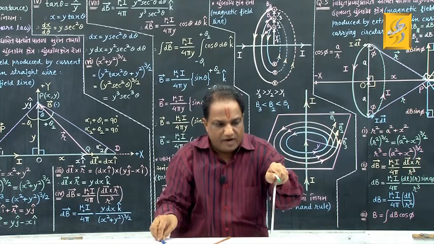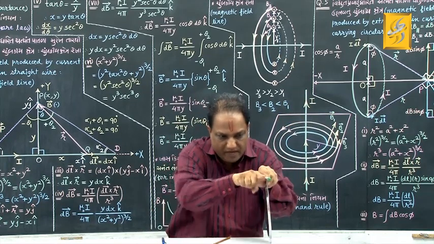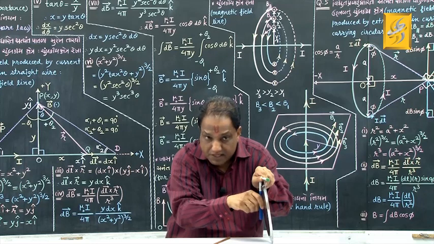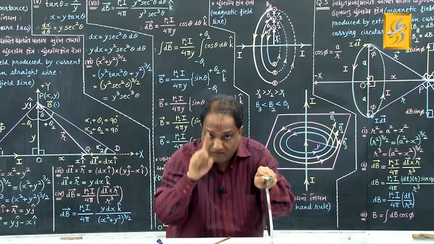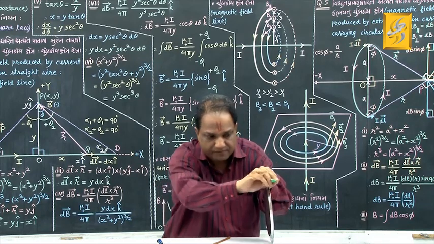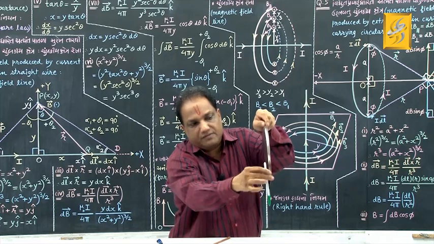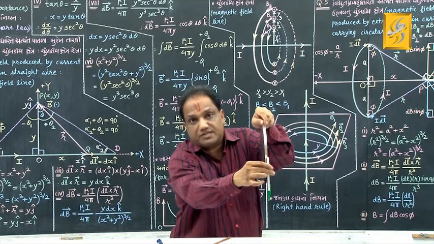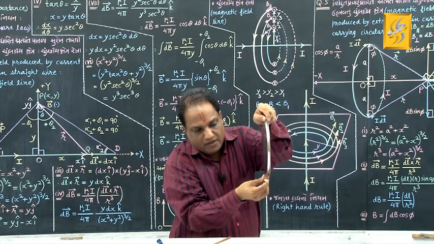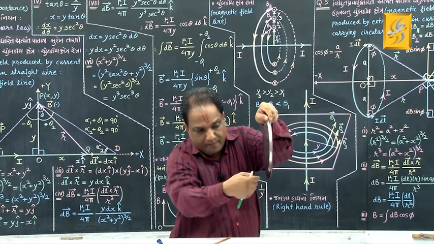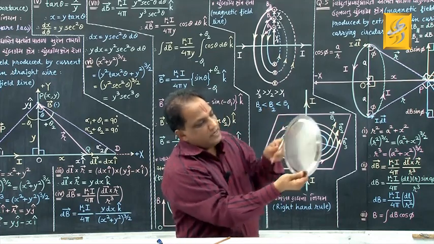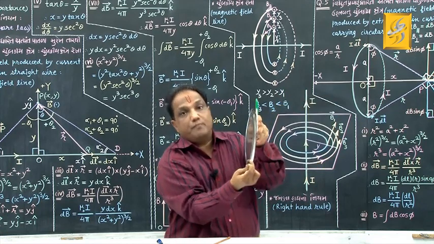Fine. So at this very point, the direction of magnetic field comes out to be in the direction of the tangent, which is perpendicular to this radius at the same point, correct? Not only for this point, for every point on the circle, the direction of magnetic field is found to be along the tangent. For example, at this very point, it comes out along the negative y-axis, vertically downwards. At this point, it is coming out along the negative z-axis, that is perpendicularly inside the plane of the figure. At this point, the direction of magnetic field comes out along the positive y-axis,